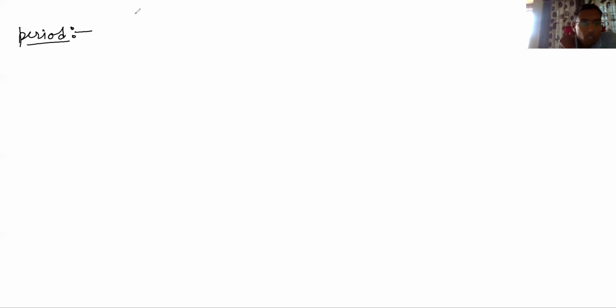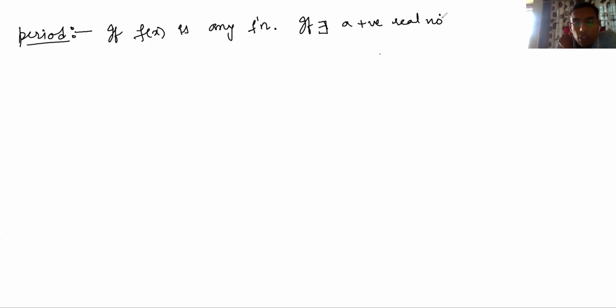What is the definition of this one? Period. So period is this: if f of x is any function, if there exists a positive real number p, such that f of x plus p equal to f of x, then